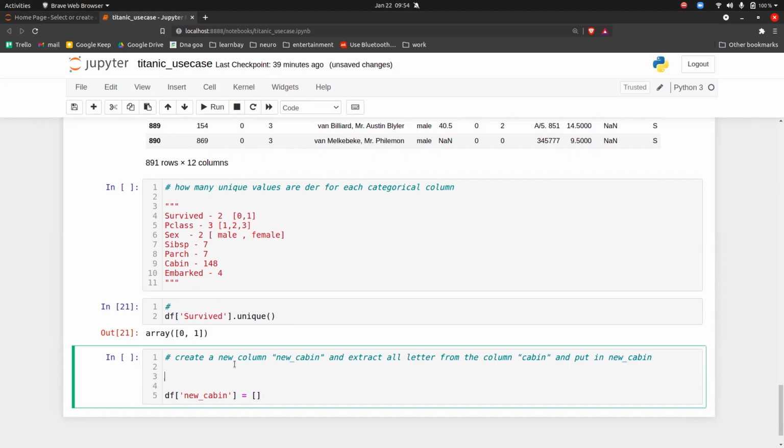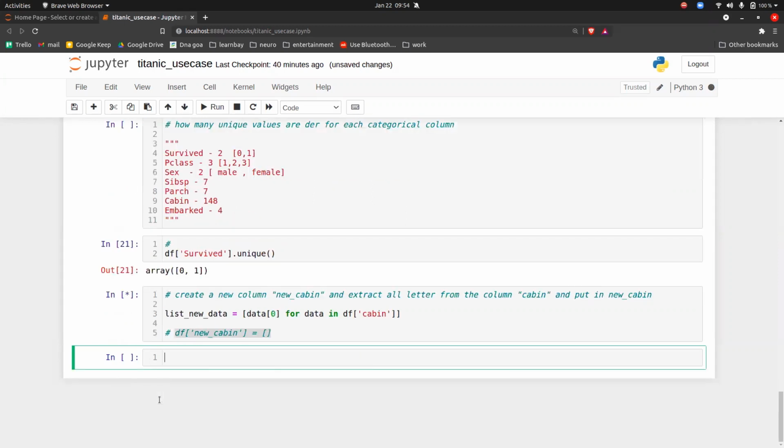We can create a list, new_data, equal to, you know how to use a list comprehension, correct? For data in df['Cabin'], for each data, you just give out the 0th element. Now let's try to run this first and see what the output is. Cabin has capital C.